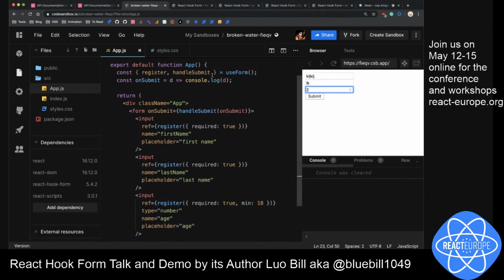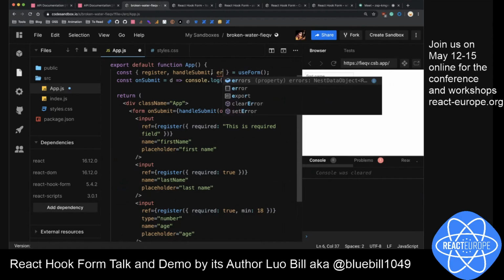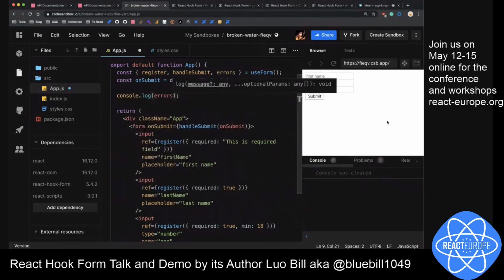Obviously, you can access the errors object, so you can print different error messages, or you can even embed the error message inside register. So say, for example, this is a required field. If we quickly console log the errors object,